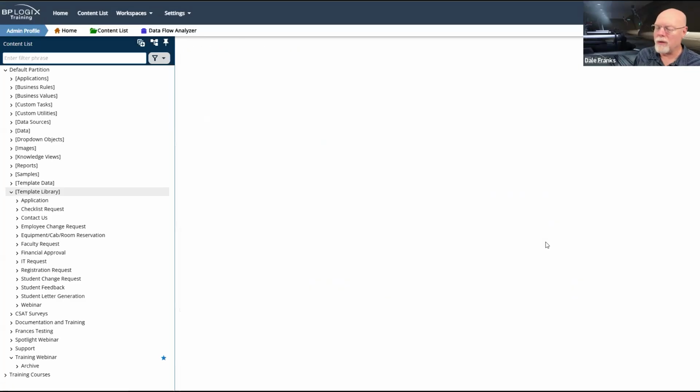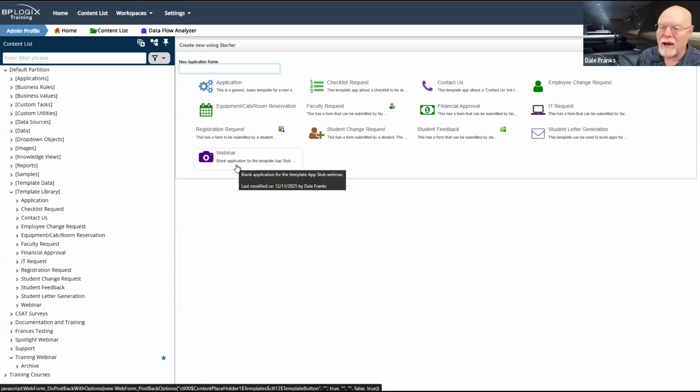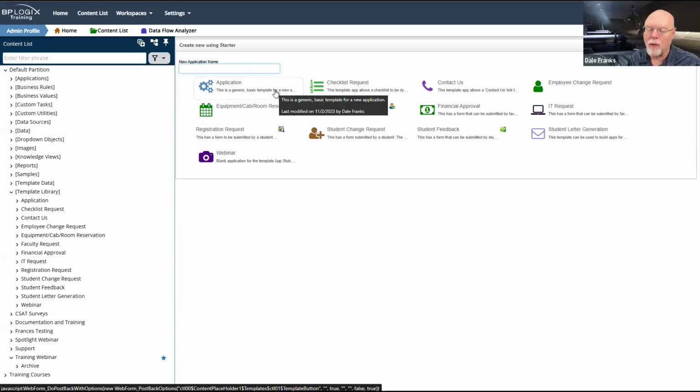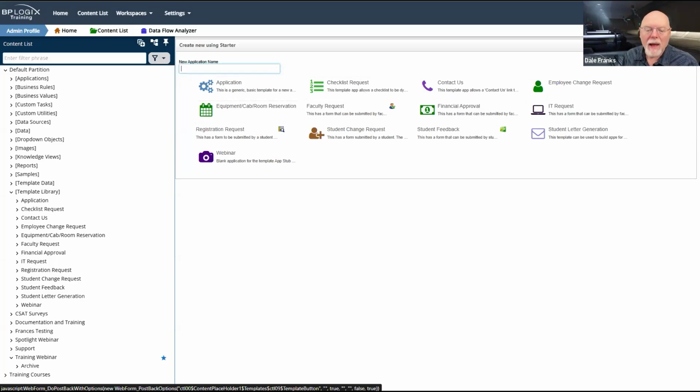Again, when I go to start from template, I'm going to see that description in the box here for each of the applications, and it will show up as a tooltip control in your browser so that people can mouse over the item, and when they do, they can see an explanation or description of the item.